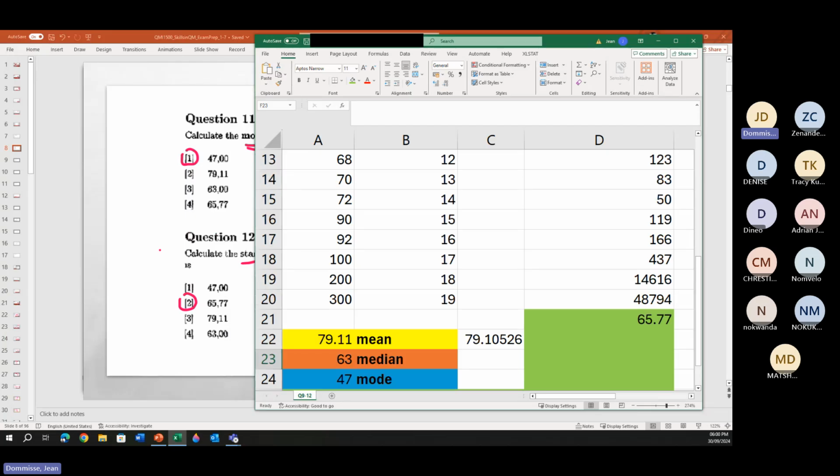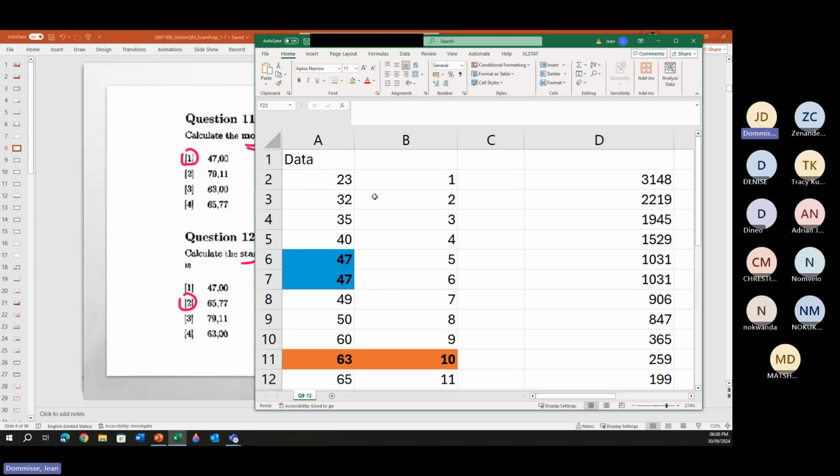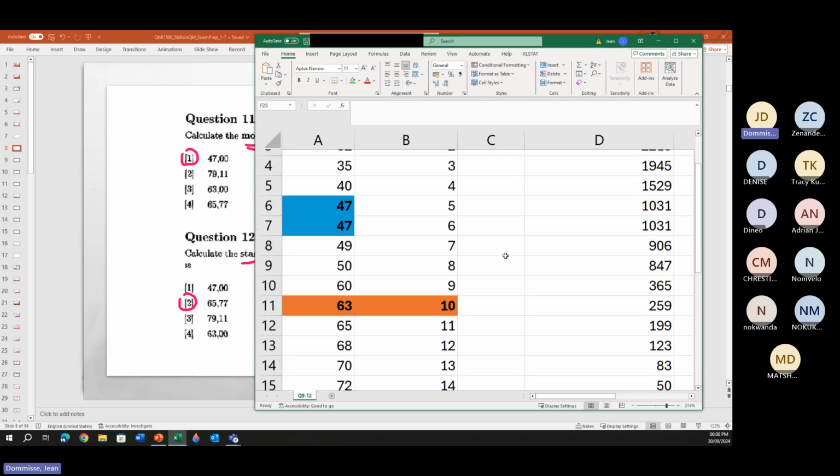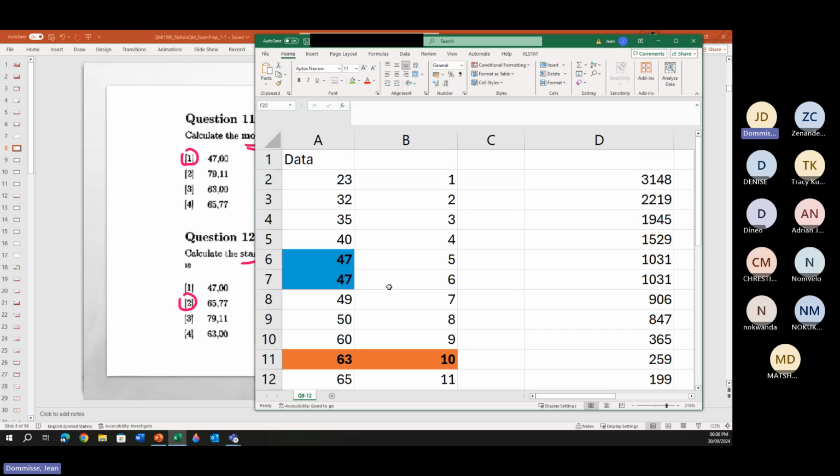I will share the spreadsheet afterwards so that you guys can use it, and you will see now if we get more questions like this. What I normally do is I just copy the sheet and use the sheet again, because the queries are now set up that we can do that. Okay, so let's go